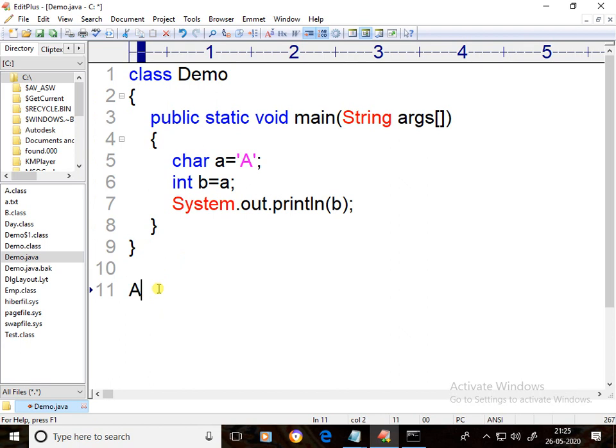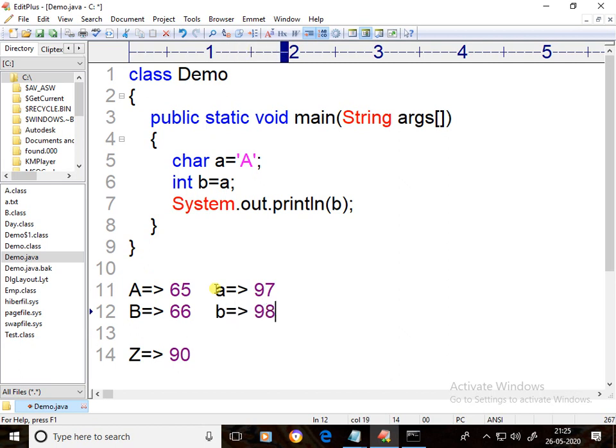Say capital A, that ASCII code is 65. Capital B ASCII code is 66. Like that, capital Z ASCII code is 90. Small a ASCII code is 97. Small b ASCII code is 98.